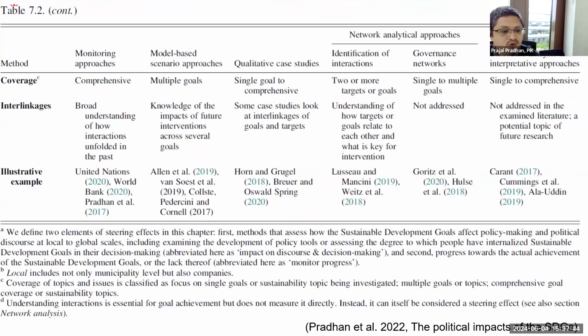So these methods also have their own limitations or strengths in terms of coverage. Yeah? So if you want to know a bit more about these methods, there is a chapter in a book about these methods. You can also have a look at that. You don't need to know all these methods by heart, but we'll be talking more about these methods and do some hands-on exercises.